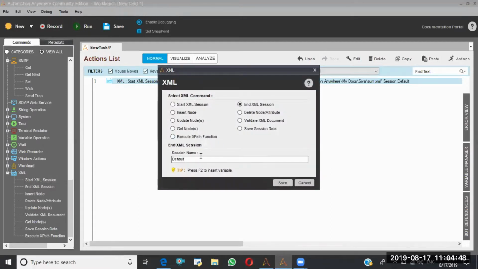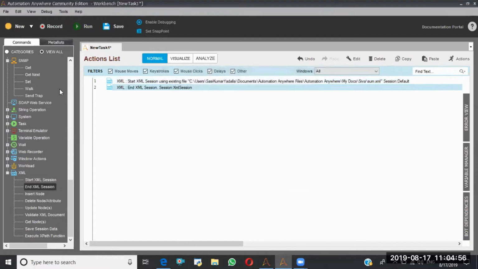So I'm taking the End XML Session as well. Then all our business logic should be implemented between these two lines: Start XML Session and End XML Session. In between these two lines, we need to build our logic.